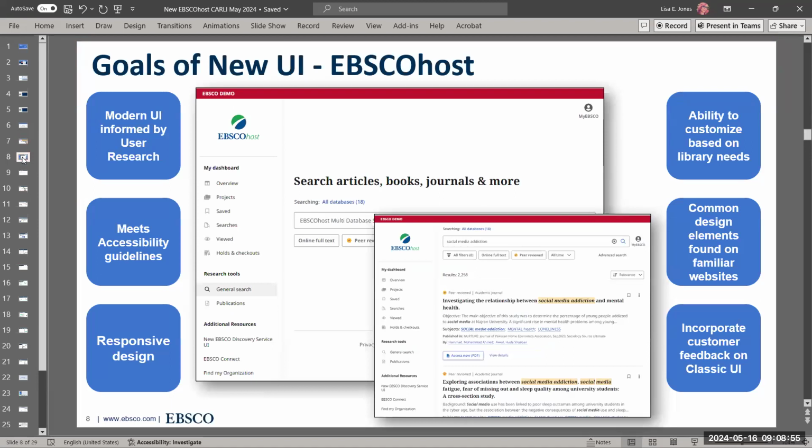So why are we doing new things, and what's the benefit for you? Well, looking at the modern design, thinking about accessibility guidelines that we're now meeting, that we're not meeting with Classic, that are almost mandatory at some point, and then being responsive. We know users are doing research from multiple sizes and types of devices. The new user interface is much more responsive and is built to be that way. So these are some of the main benefits that you're going to see when you move over to the new